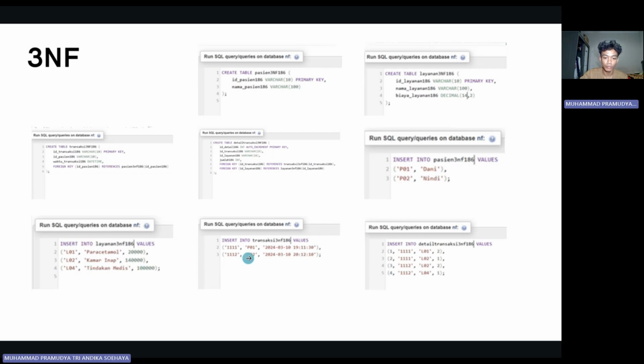And then for the transaction data, we have ID, code of the patient, and then date and time. And then we have the data stored into data transaction, which contains the number, ID patient, the service, and the others.